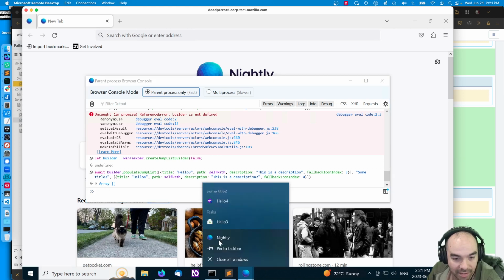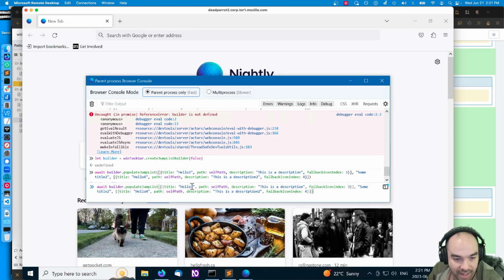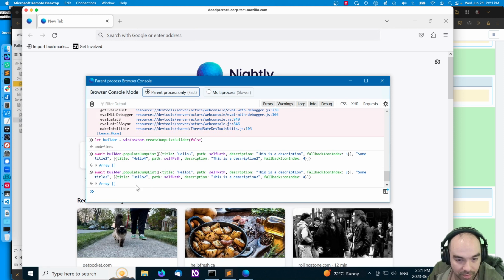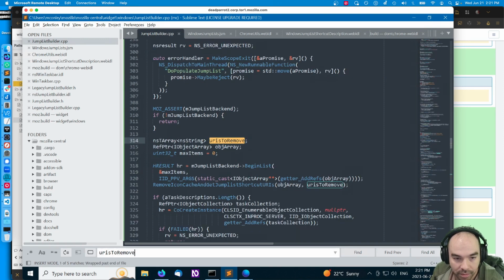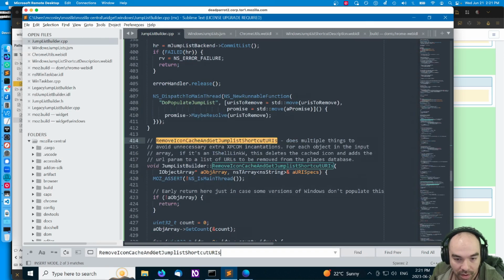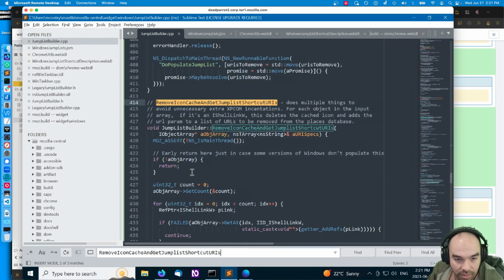Hooray! And an array. And now if I say hello 1, it should return me back a list of the URLs that had been removed. URIs to remove. Did we ever figure out remove icon cache and get jump list shortcut URIs? Is it going to go through